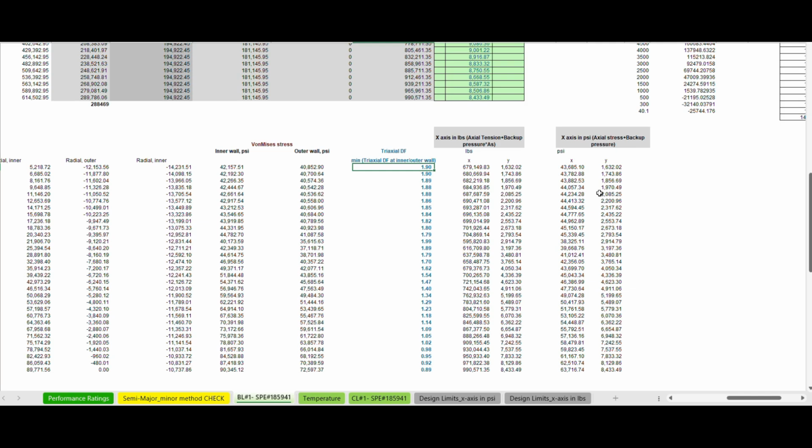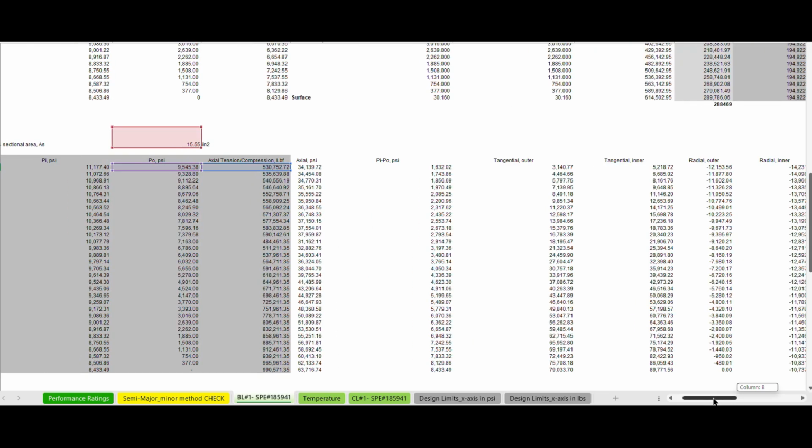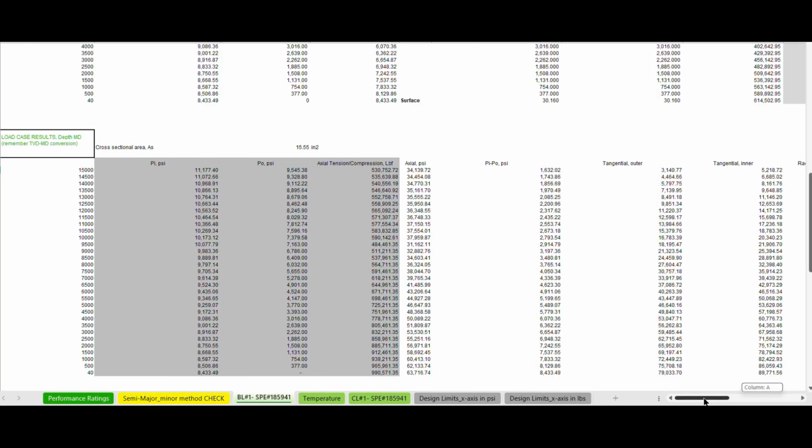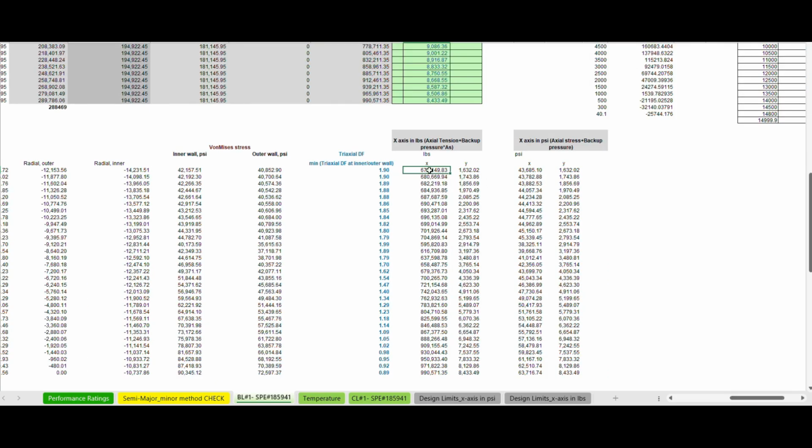the collapse ellipse. So I have x as the tension, which is the conversion of the true tension plus the backup. This is the burst load case, where you have the external pressure as the backup, and you can plot this in pounds, as well as in psi by using the cross-sectional area and converting it. And then y is your delta P, and because it's a burst load, it results in